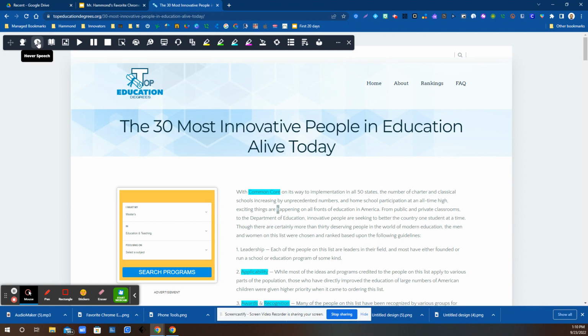This next bubble here is the hover speech. When you select that, anytime you select any of these tools, they're going to highlight in purple as well. That's how you will know that they are on. So the hover speech is exactly what it sounds like. If I take my cursor,